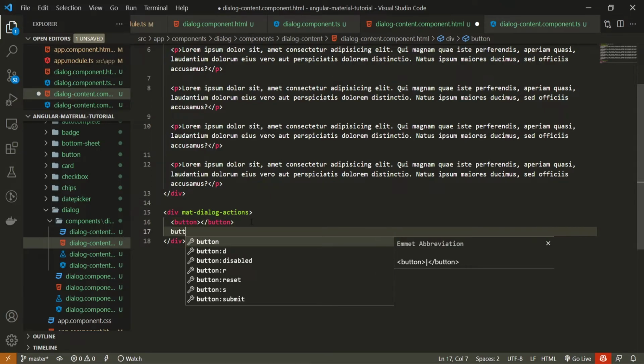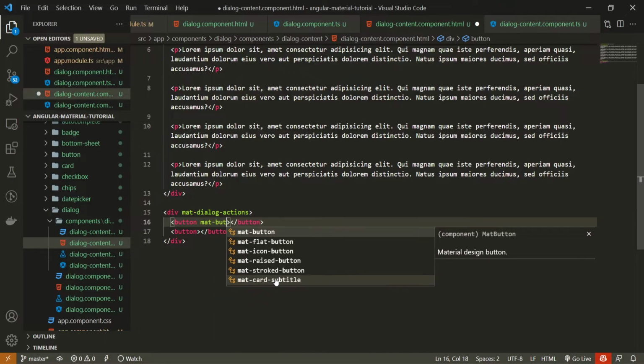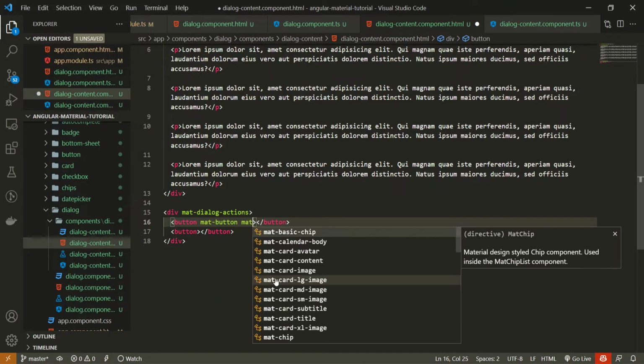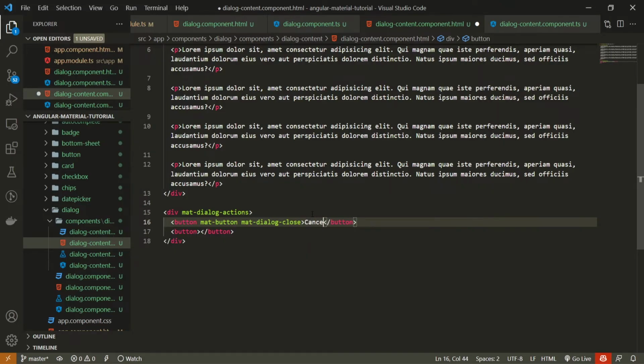The first button will hold the attributes mat-button and mat-dialog-close, and the text for this button will be just cancel. By clicking on this cancel button, we will do the cancel functionality. And by having this mat-dialog-close attribute, we will simply close this dialog itself, so nothing will happen with the data inside of the dialog.